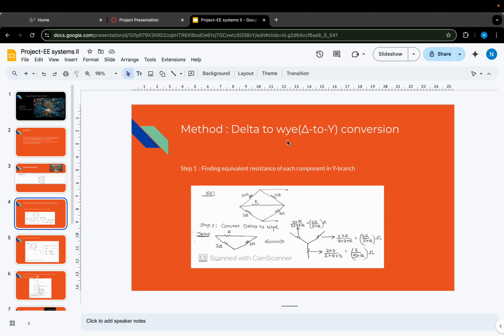Here is the method, delta-Y conversion. I've chosen this as a delta and this as a Y. You can imagine this as a delta, this as a Y, looking at the figure. And I have calculated the equivalent resistance of this branch, which is 2R by 2 plus R plus 3, which is the total impedance in this lower branch, or you can say lower triangle. Same here, I have done the equivalent resistance by multiplying 3 times R by 3 plus 2 plus R, and same goes here. It's nothing difficult here. Now next